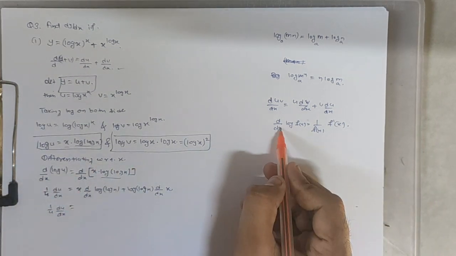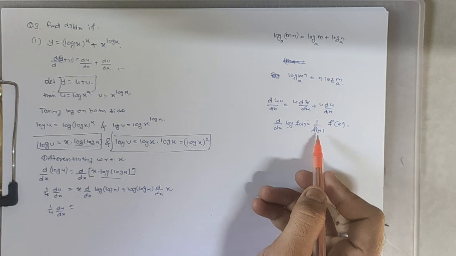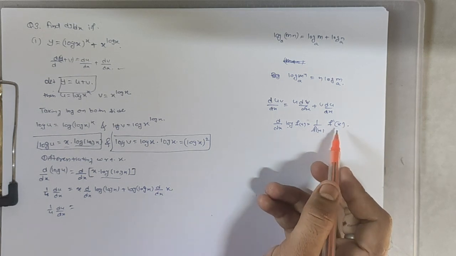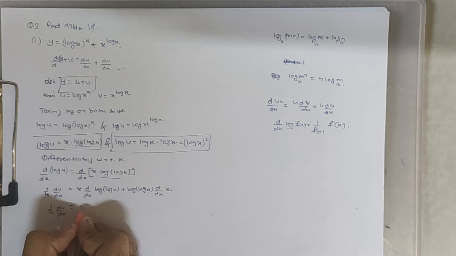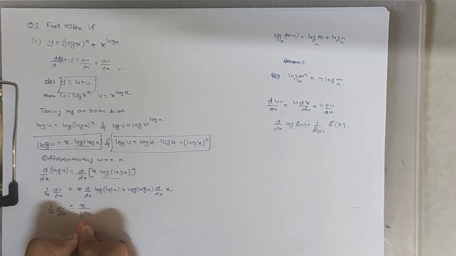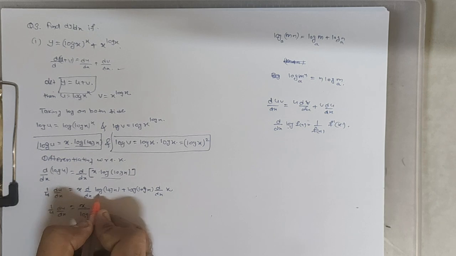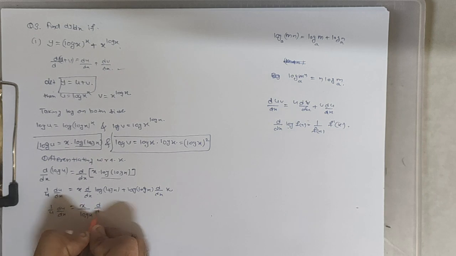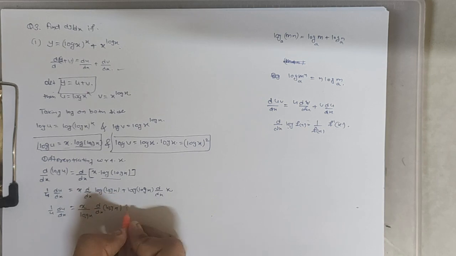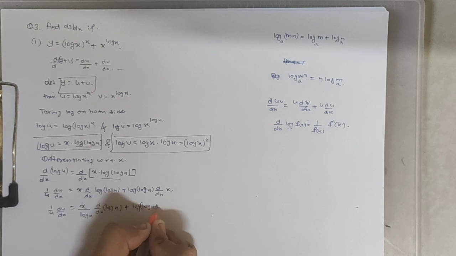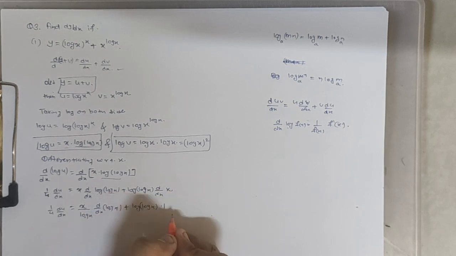As we know, differentiation of log of f of x is equal to 1 upon f of x into f dash of x, that means again differentiation of f of x. Now here we will see log of f of x, we will take f of x as log x. So this will be x upon log x. First we will differentiate this log, so this will go in the denominator. Again differentiation of log x. So we will again differentiate only this function, plus log of log x. Differentiation of x with respect to x is 1.